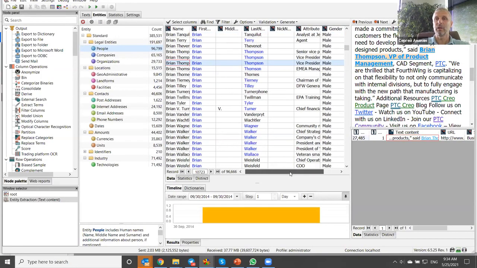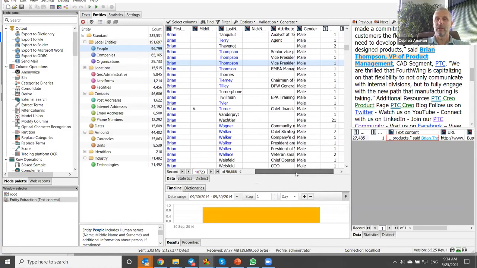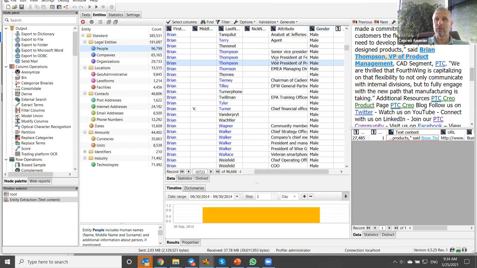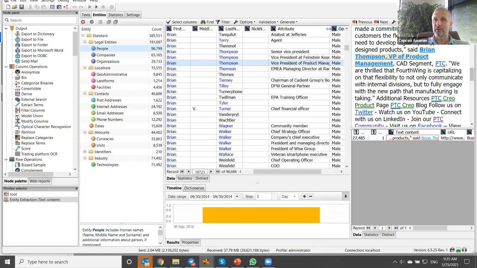You can see how we are parsing the individual elements of the name. We also find that Brian Thompson is the vice president, or the product manager or something. Here, vice president of product management. In the next step, we can also find which company he is related to.